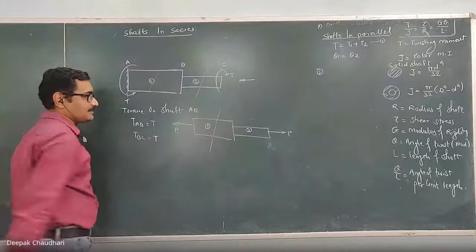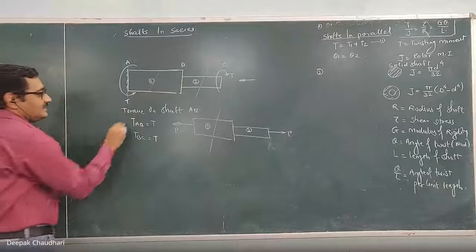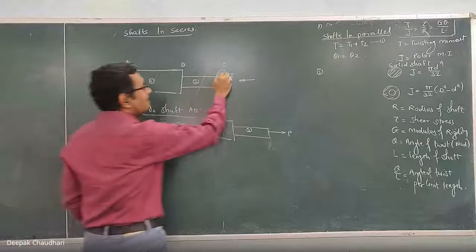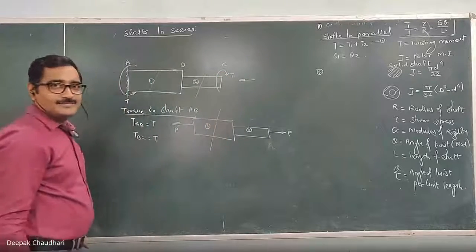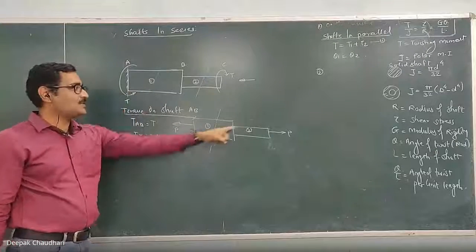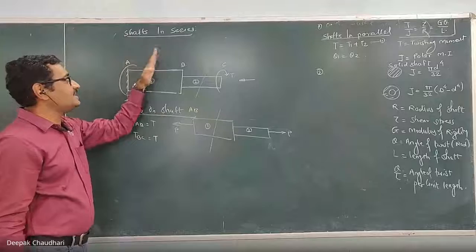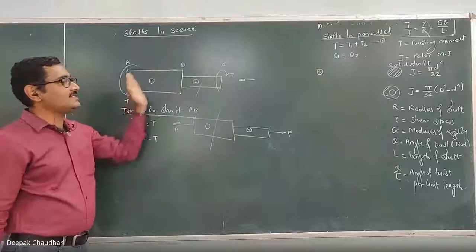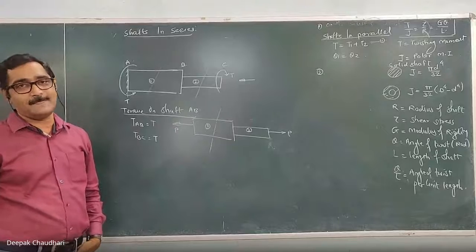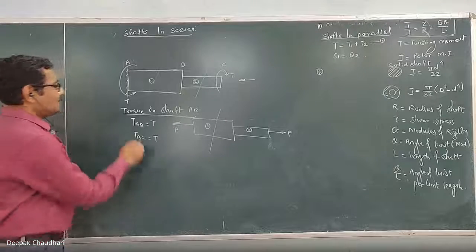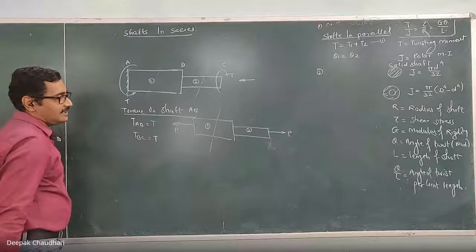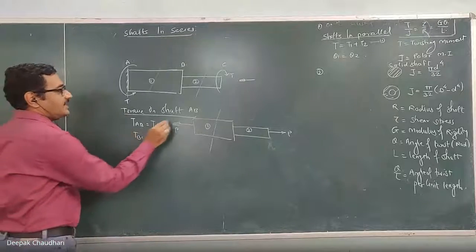So that is also T. So when the shafts are connected in series, there may be 3 shafts also. You have to find out the torque in each part by using such a relation: taking one imaginary section and taking the algebraic summation of all the torque on any one side. Understood? Here, TAB equals T, TBC equals T. This is the torque on the shaft AB, and this is the torque on the shaft AB and BC.